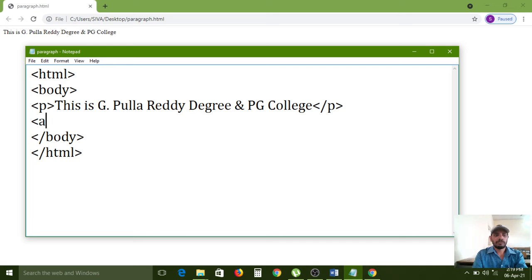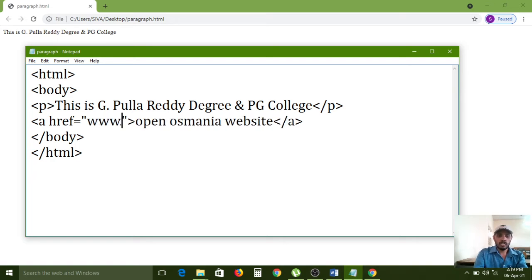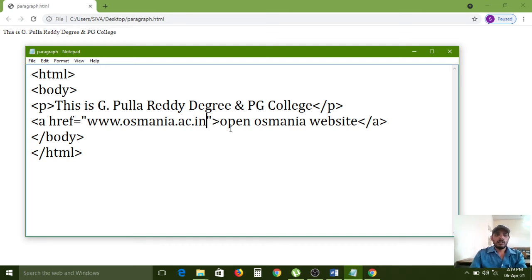Now I am defining one anchor tag, open Osmania website, and it is a link. href is equal to www.osmania.ac.in. So now I configured the Osmania University website.